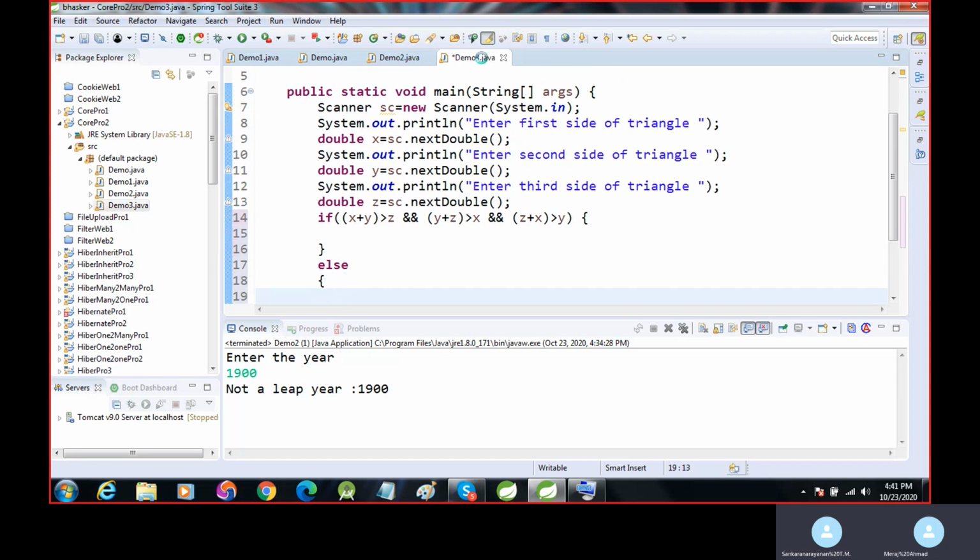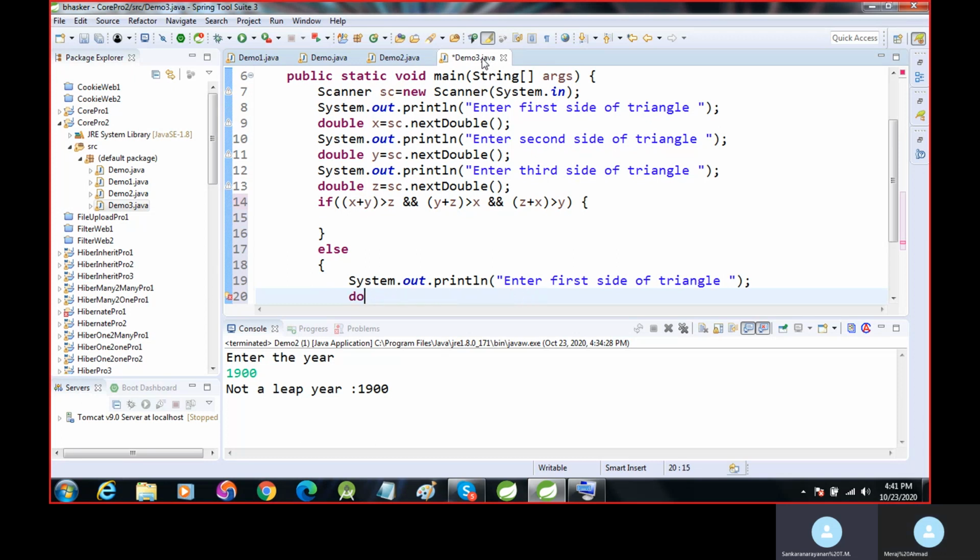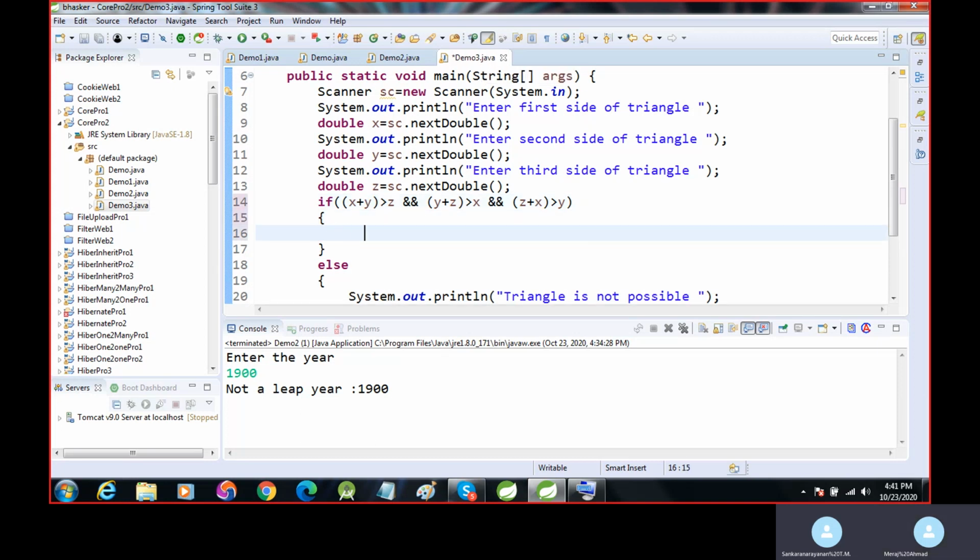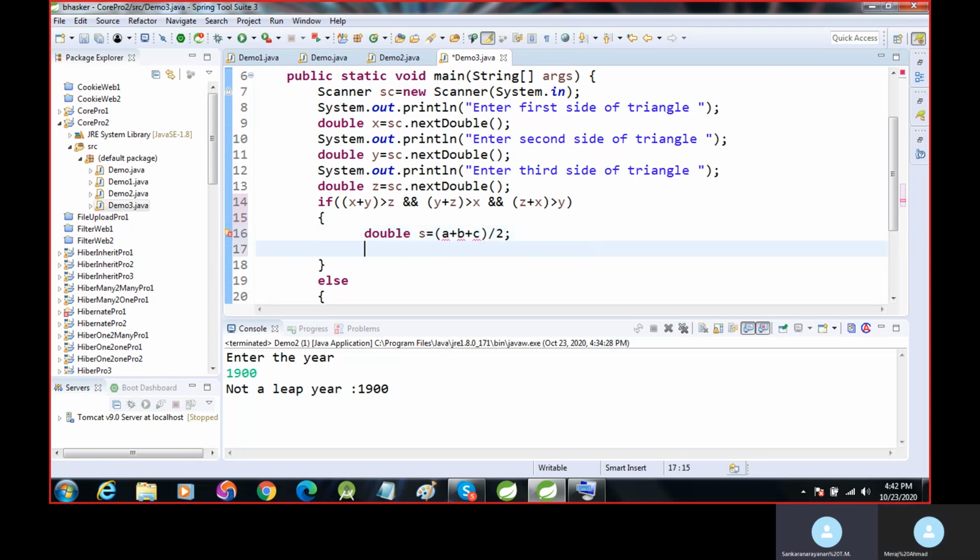Else, S equals X plus Y plus Z upon 2. This is the formula of the area of a triangle.